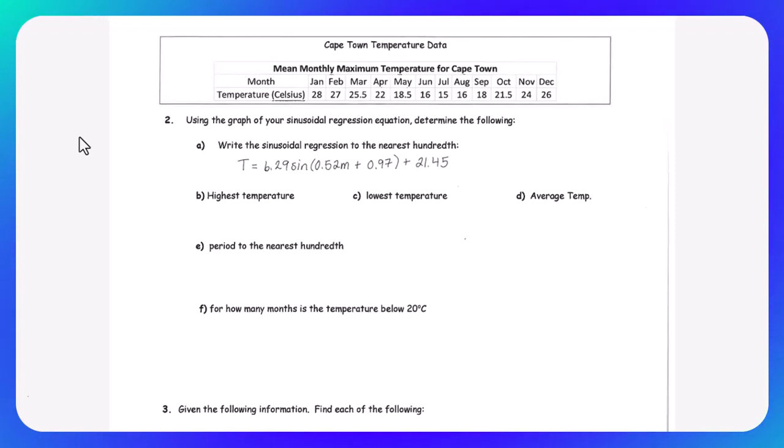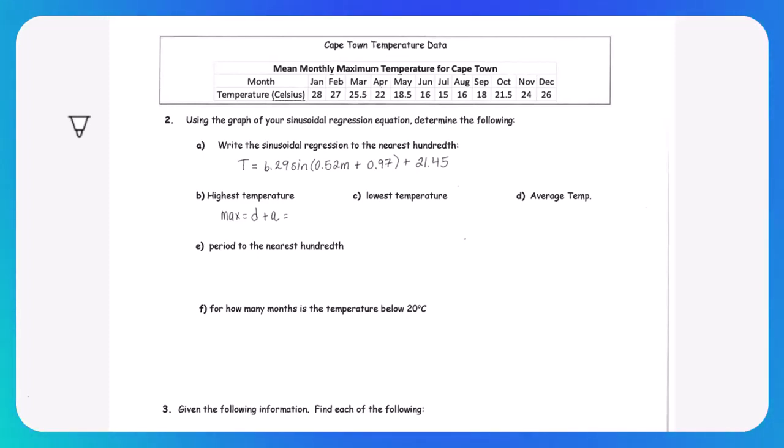So let's answer a few questions on this regression. What is the highest temperature? Well, the highest temperature is the Y max, and we know that happens when we take our median value and add the amplitude. In other words, when we take the 21.45562. So we're going to be using unrounded values for these calculation type questions. Okay, so the highest temperature,